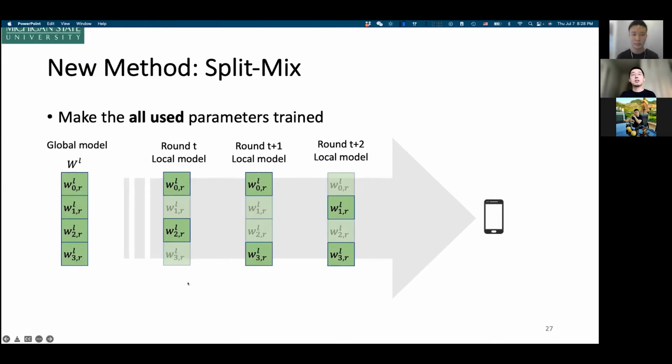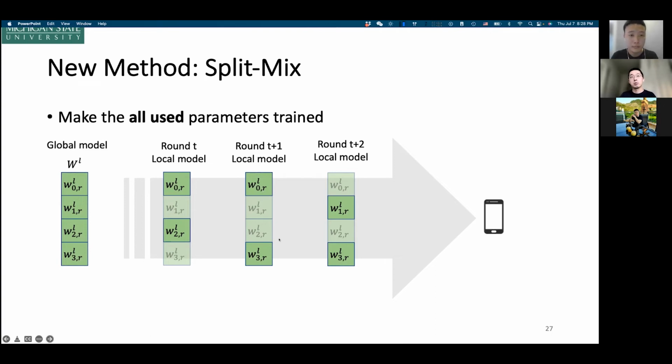The trick is that although each device can only train a limited width of the network, we can train these subnetworks at different time points. At round t, we will train a local network of two subnetworks here, and at the next time we will train another two subnetworks.